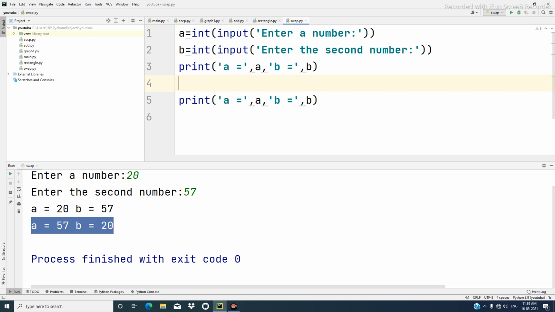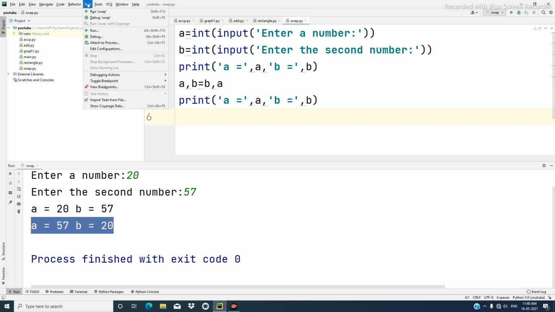Now let us use the Python special way to swap values. So we write A comma B is equal to B comma A. So you see this will swap the values of A and B. Let us run this program and find out.